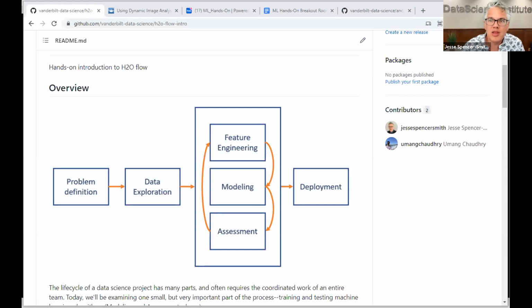a large team-based event, right? So for an entire data science project, you'll have many parts. You have to define your problem. You have to work with your stakeholders, with your business folks, with your researchers to define what the problem is. And this is actually a really important thing. It helps you determine whether there's anything to solve in the first place.